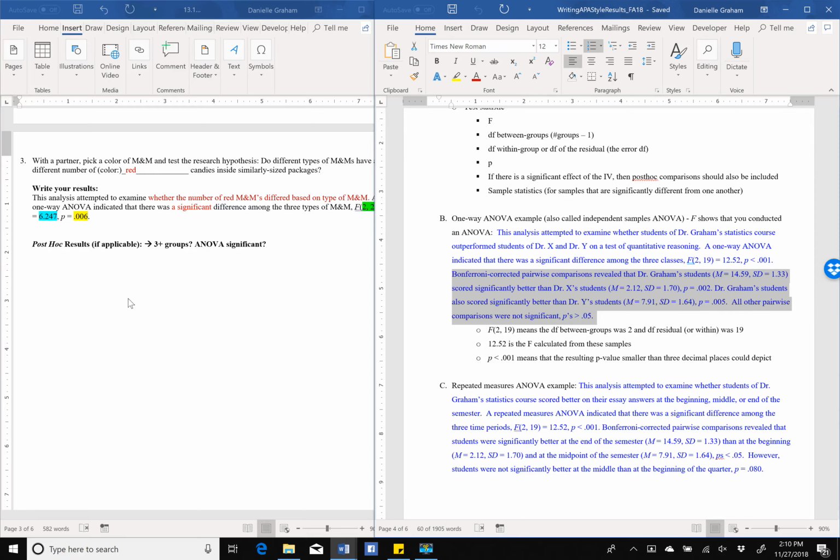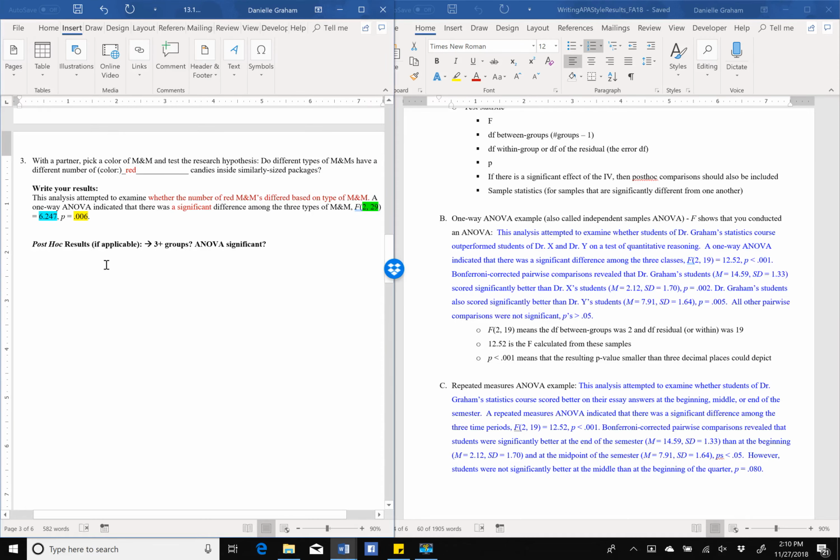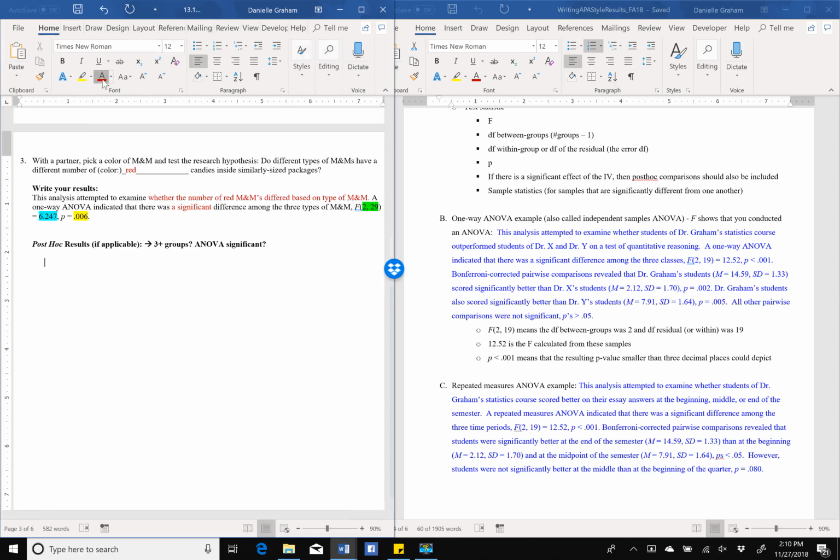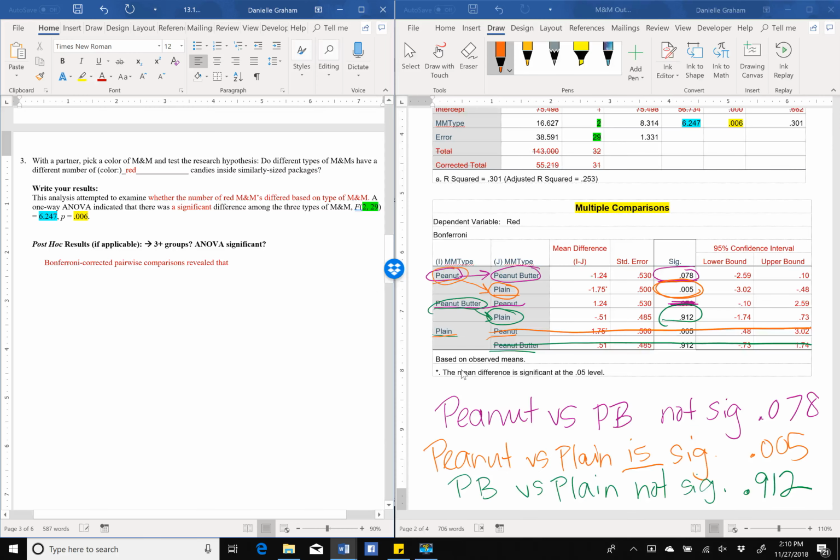So we're going to start ours in the same kind of way. So this is going to be Bonferroni corrected pairwise comparisons revealed that, and we're talking about, so now we want to switch, right? So we're going to want to follow these general guidelines, but revealed that